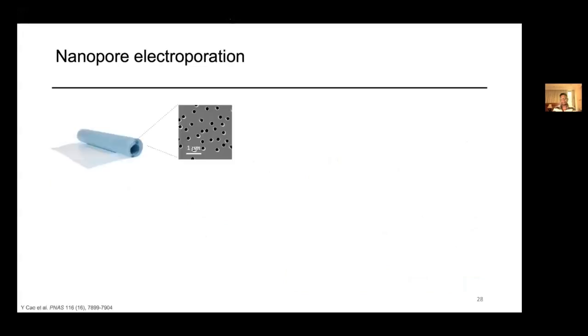So we have this theoretical calculation. Then the next question is, can we make it? How do we make it? What kind of materials and fabrication do we need to use? It turns out that the nanostructure is very easy to find. It's just a nanostructure embedded in the simple water filter. If you look at the surface of the track-etched membrane under the SEM, you see that the nanopores are evenly distributed on the membrane, and we can take advantage of the water filter's nanogeometry to build our nanopore electroporation system.